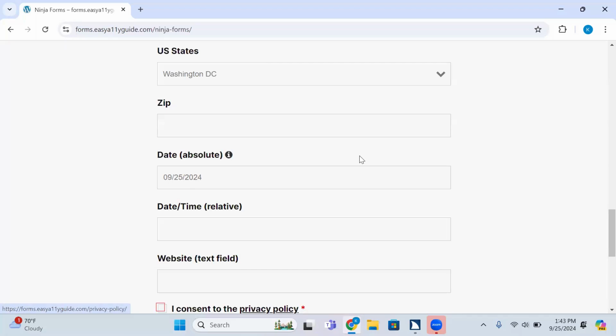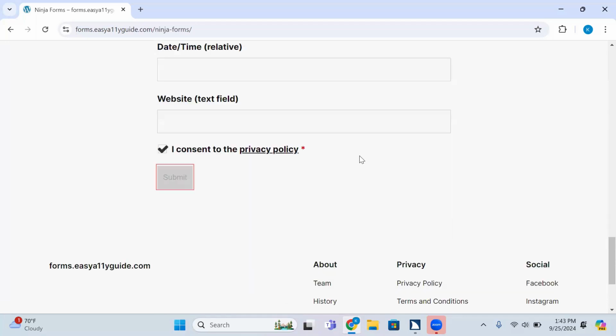It's a link. I consent to the privacy policy star checkbox not checked required invalid entry to check. I do like that privacy policy is first. It's a minor thing, but I do like that that's first, so that you have an opportunity to read the privacy policy before accepting it. Submit button to activate. Press enter.